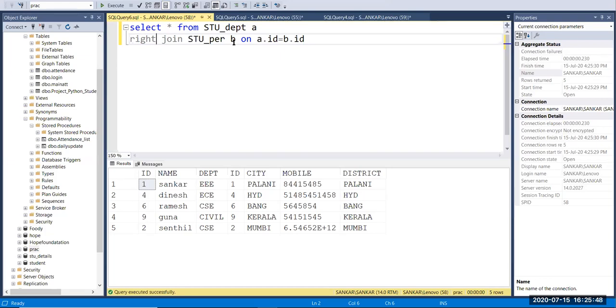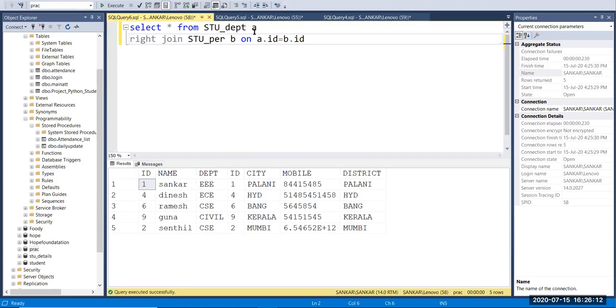So it takes those 5 rows as the reference value and compares them to the left side table. In the left side table we have 10 values, but it takes only the 5 matching records and returns them.